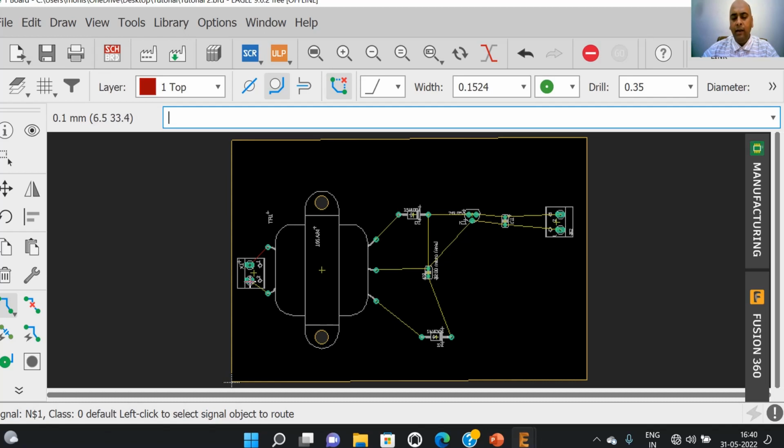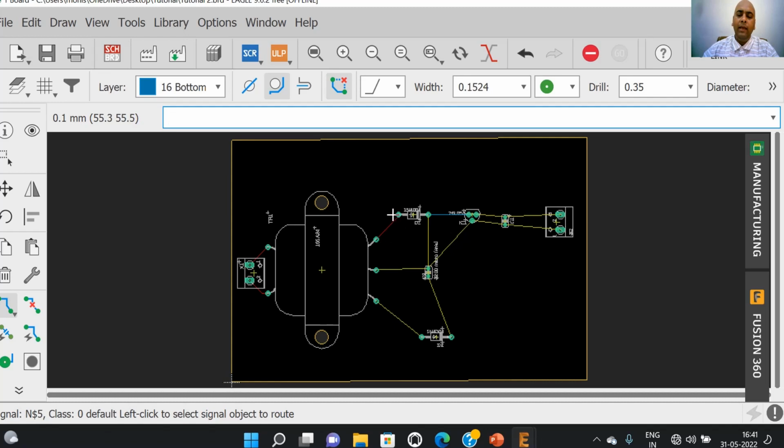We can start from the one component by left click and we can terminate the trace at the end component. The color of the trace when we are using the top layer will be red. However, if we connect components which are present in the bottom layer, the color of the trace will be blue.